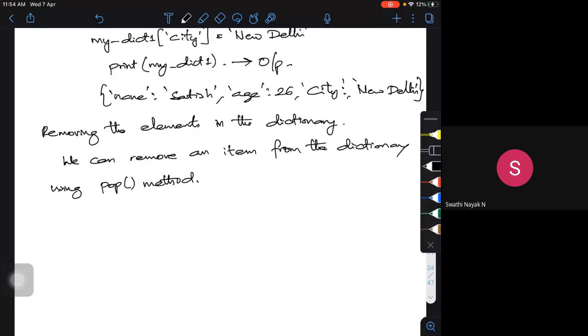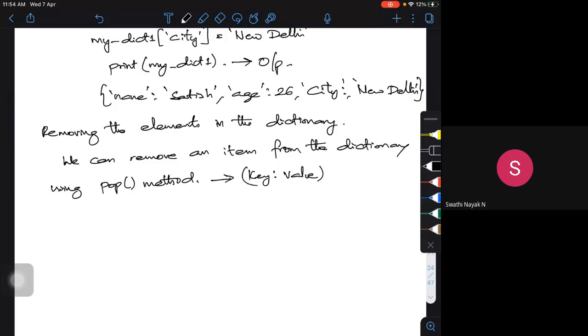This method removes an item with the provided key. If I want to use this, I should have a key-value pair.